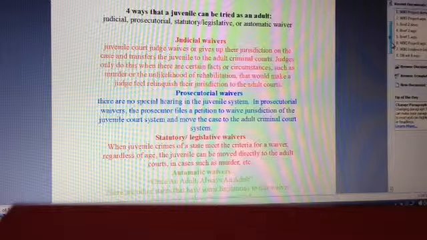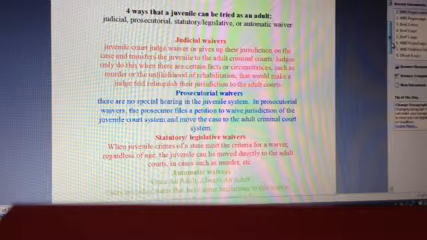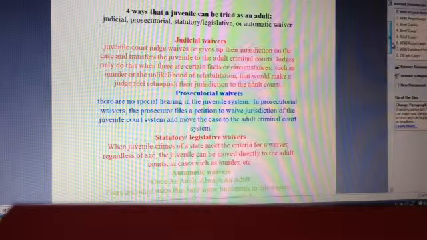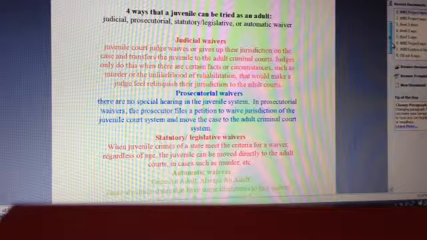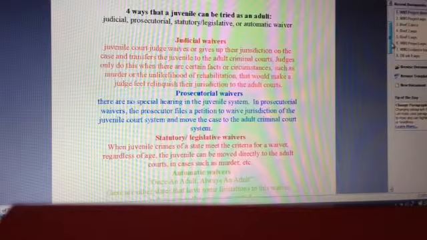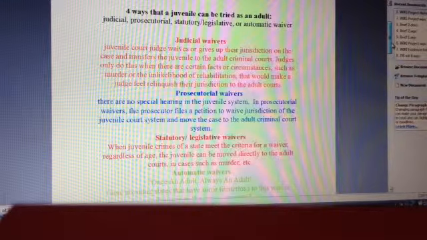waiver. In the judicial waivers, the juvenile court judge waives their jurisdiction and allows the juvenile to be moved to the adult court system. Judges only do this when there are certain facts or circumstances, such as murder or the unlikeliness of rehabilitation, that would make a judge feel that they need to relinquish this jurisdiction because the child is definitely with the mind